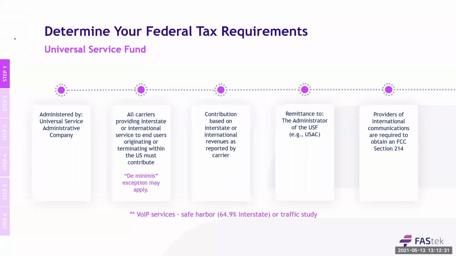The high cost support mechanism provides support to certain phone companies that serve areas where it is most costly to provide service. The low income support mechanism assists low income consumers by helping to offset monthly phone charges. Now, the rural healthcare support mechanism allows rural healthcare providers to pay lower rates for service comparable to those rates paid by city providers. This initiative makes telehealth more affordable. Lastly, the schools and library support mechanism provides telecom service, internet access, etc., to eligible schools and libraries. And it seems like a long list of mechanisms.